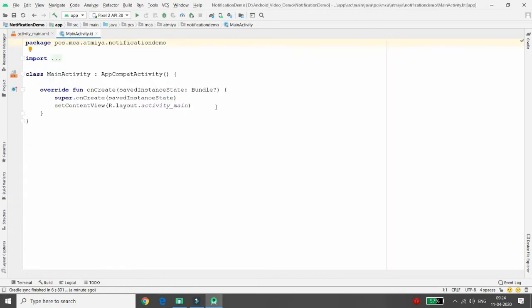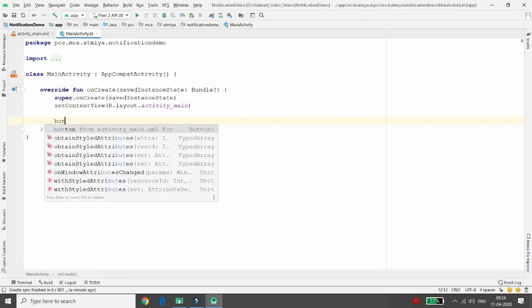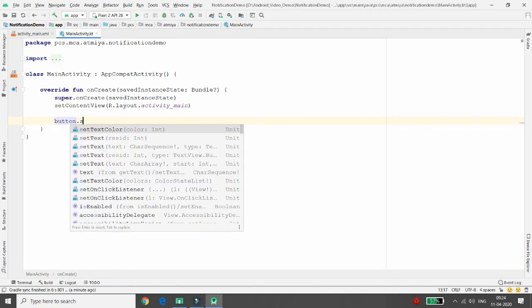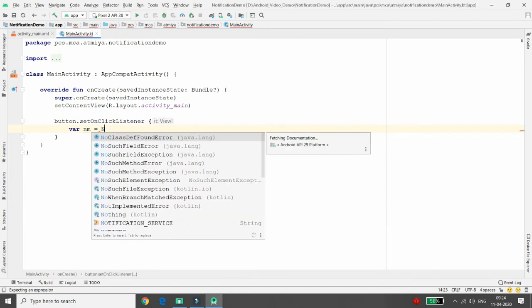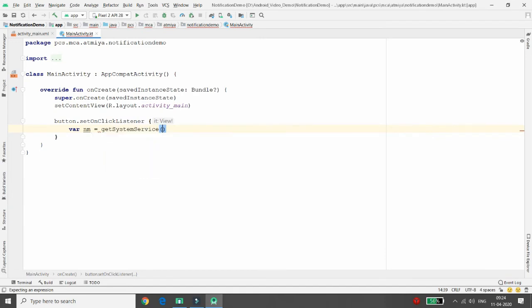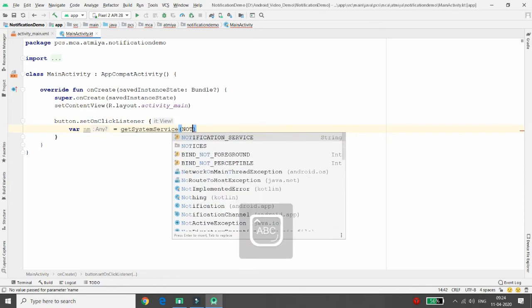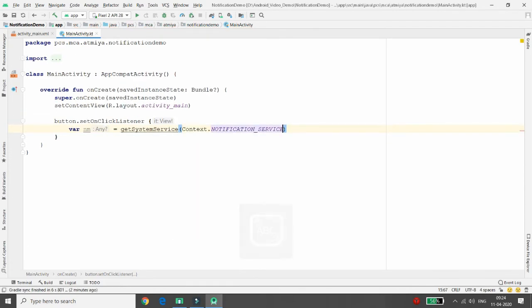Whenever you want to send the notification, you must remember that the notification service is required, right? So first of all, whenever the user clicks on this button, you can just call your function, that is set on click listener. Whenever this button is clicked, I need one notification manager variable. So I'm just declaring one variable, that is nm is equal to, here you can call the get system service, and in this service you can just pass notification service, right? Whenever you pass notification service, you can cast it to as